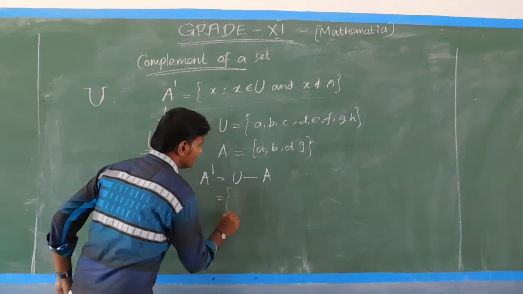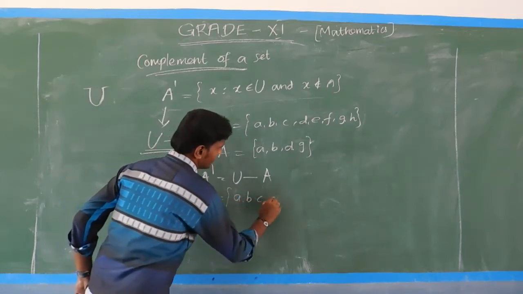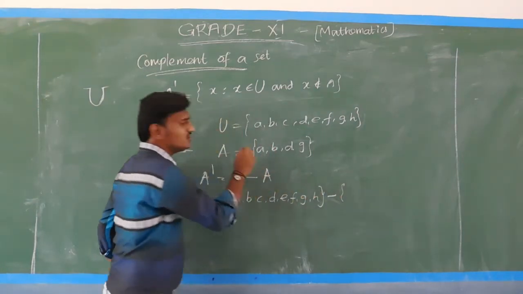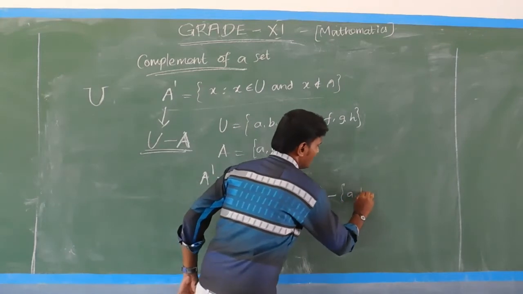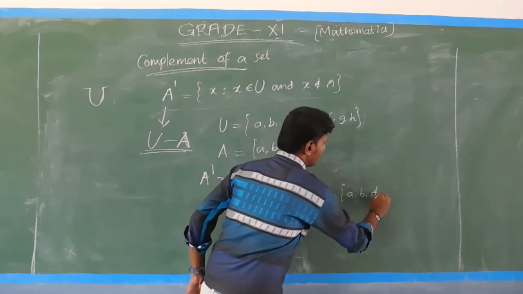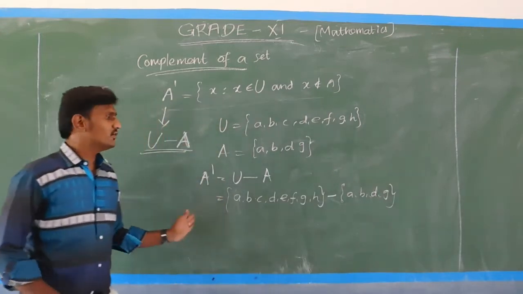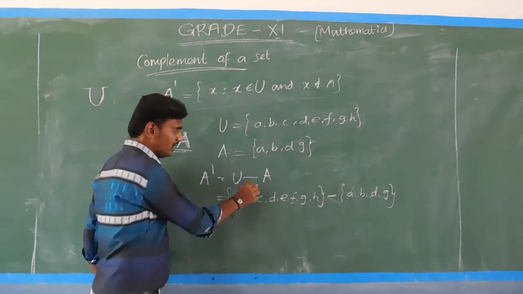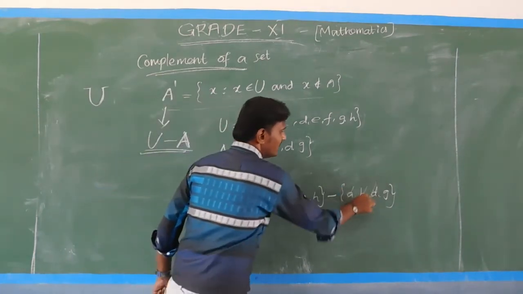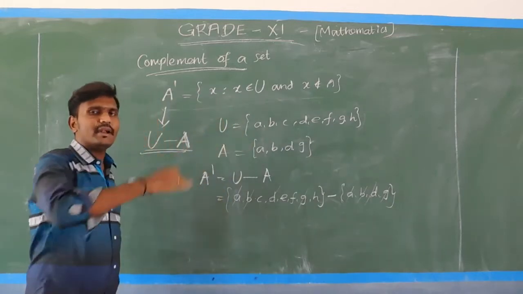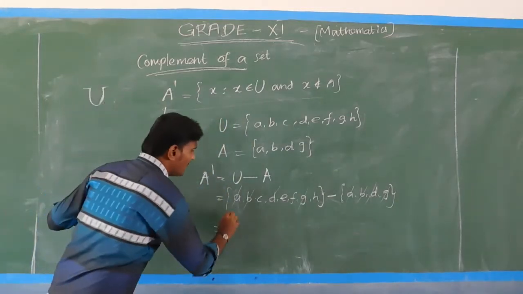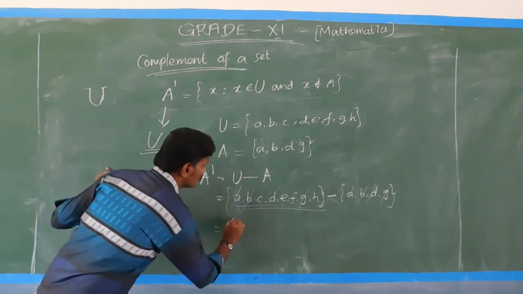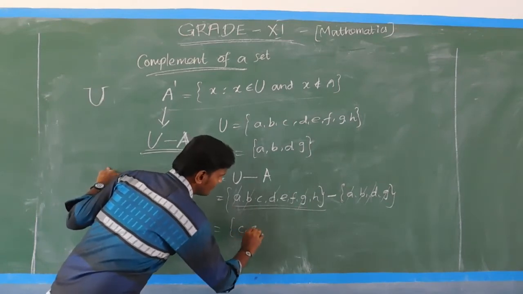What is your universal set? A, B, C, D, E, F, G, H minus set A, which is A, B, D, G. First I consider what is common. A is a common element, then B, then D, finally G. So I eliminate the common elements. Then I collect the remaining elements of the universal set. So what are the remaining elements? C, E, F,